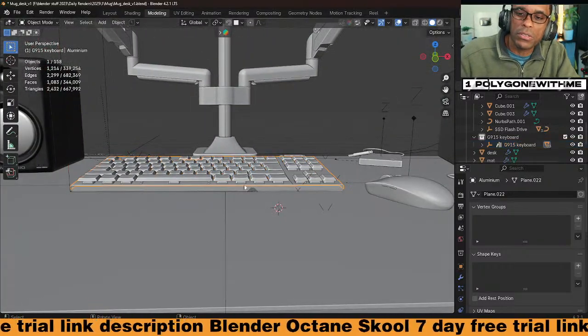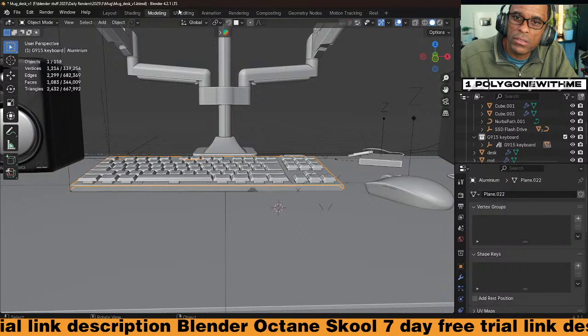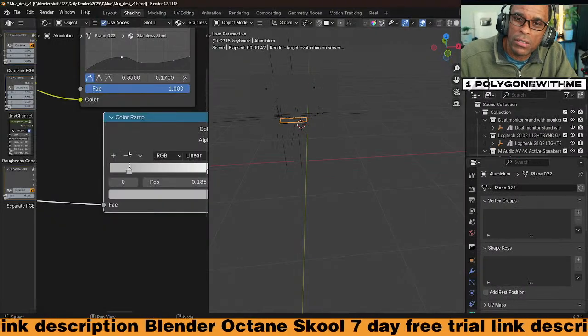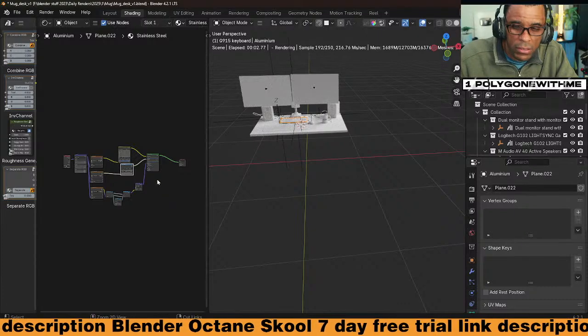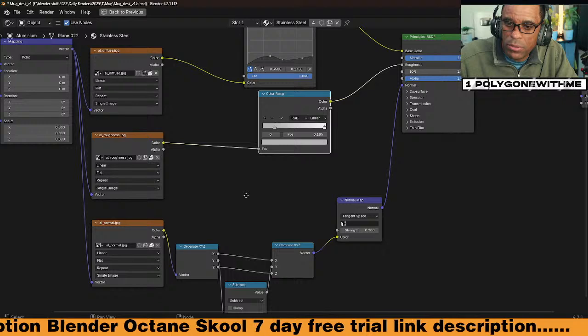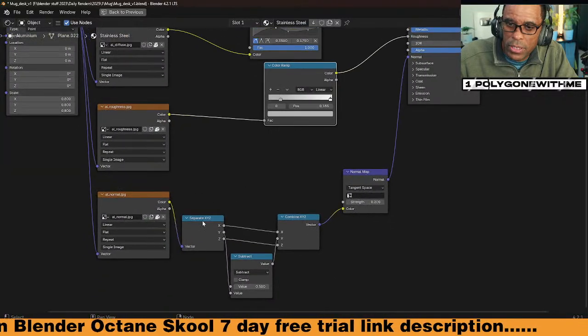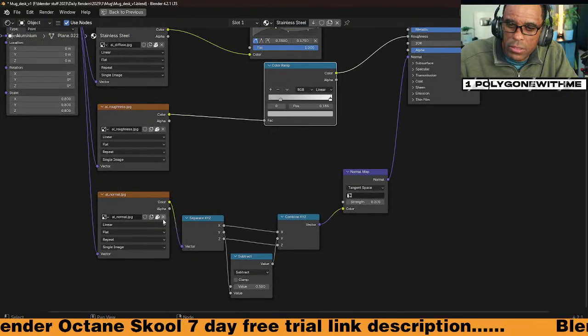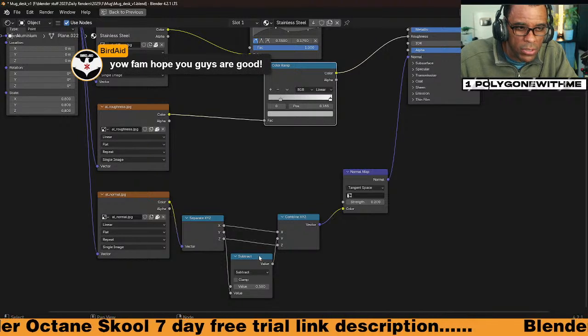I wonder what the materials are going to be like on this guy here. Let me take a quick peek. See how bad it's going to be. Oh, PBR material. That's going to be great. I can do that really easily. No problem. It's got to split, separate X, Y, Z, splitting out some colors. I can do that. That's no problem.